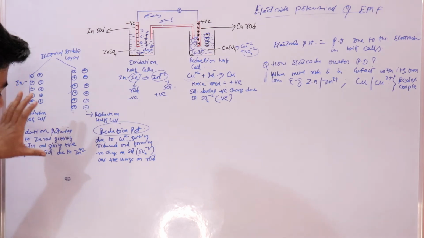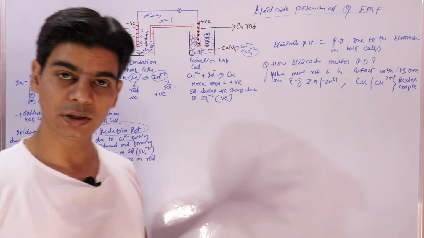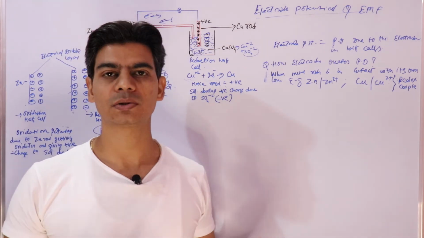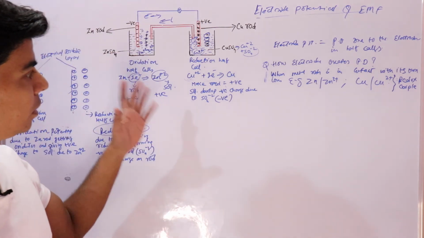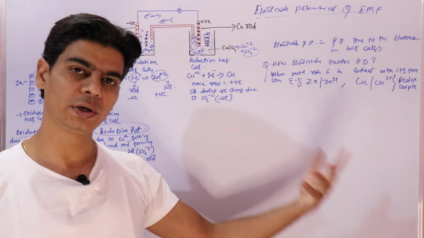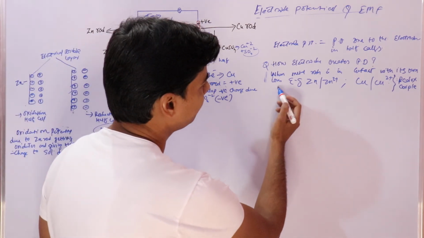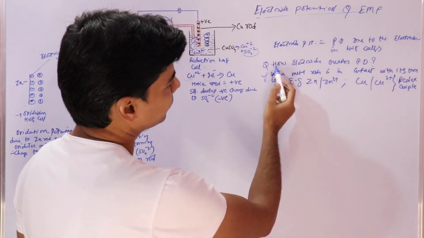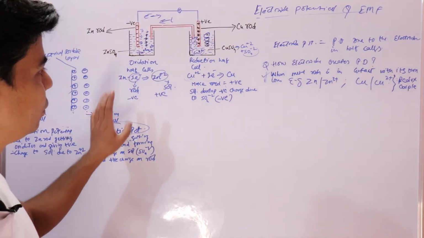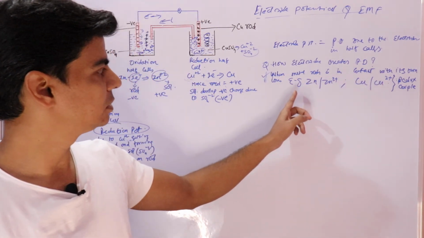So electrode potential, now if we sum up these two, electrode potential is due to the tendency of the metal to get oxidized or reduced, right? So the tendency of the electrode to get oxidized or reduced is termed as electrode potential, right? So now this is clear how electrodes create potential difference, due to the oxidation and reduction reaction when a metal rod is in contact with its ions, right?